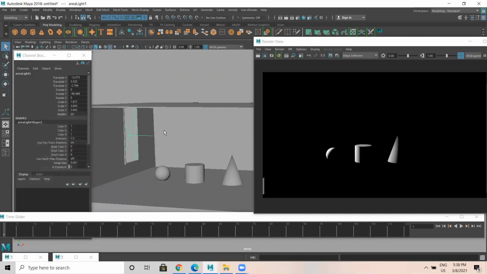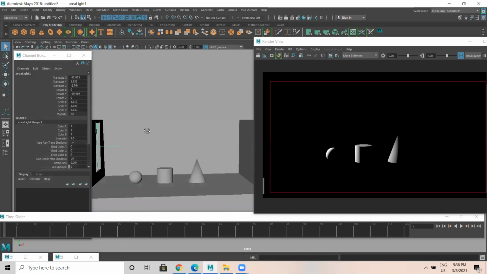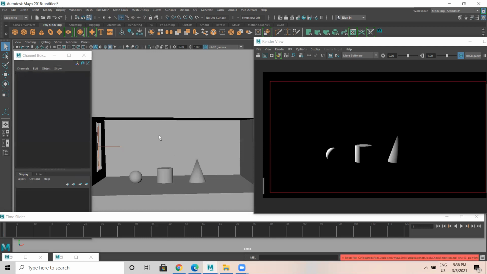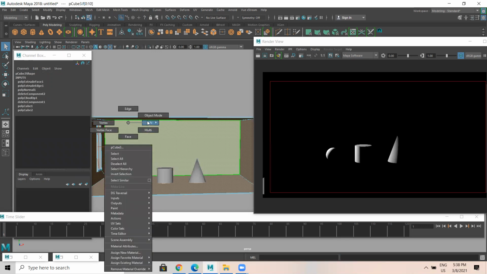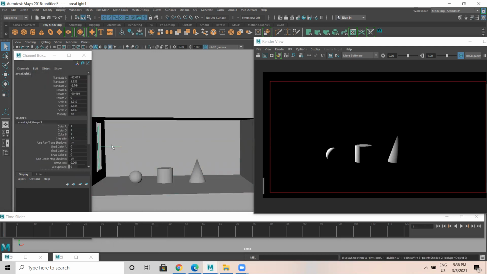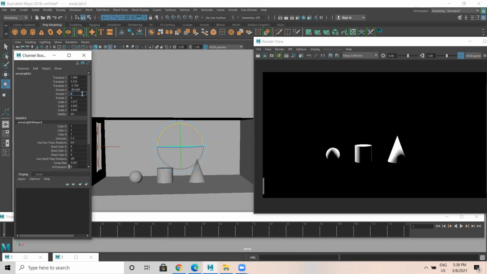Then for the interior, we should have some other light. So this is for windows, you can use it like this. So I duplicate this, Control D to duplicate. I'm going to rotate this to 90, and I'm going to scale this.